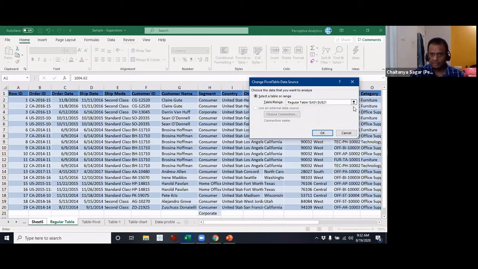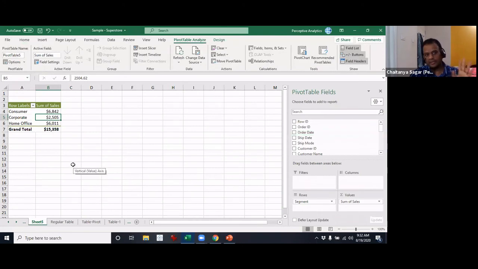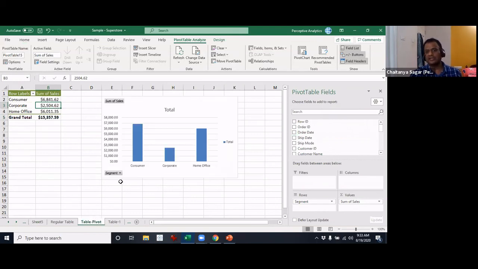You have to click OK, come back here, and now it got updated: 2,505. Got it? Now a single refresh is able to do it. Cool. Let me see if there is anything else I would like to cover in this.